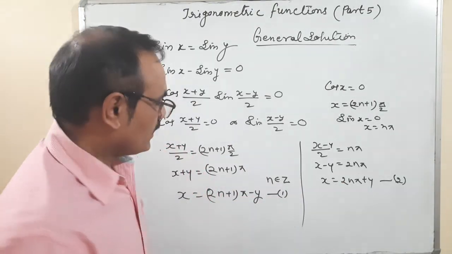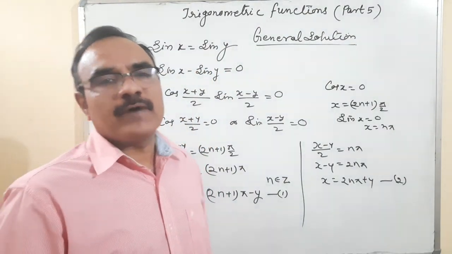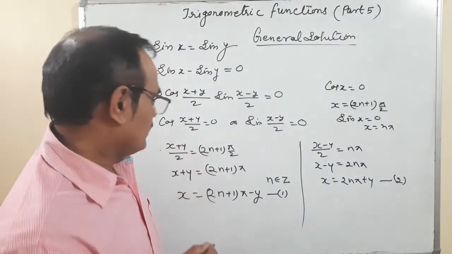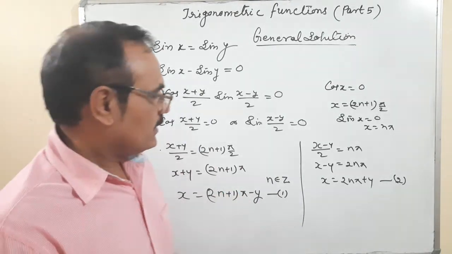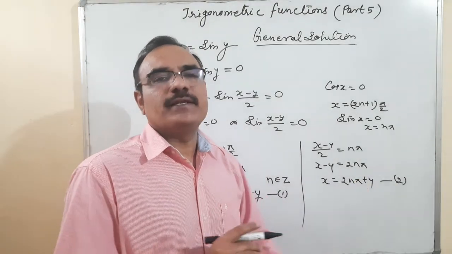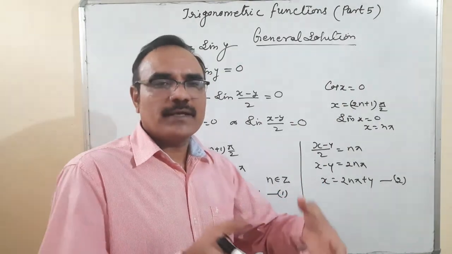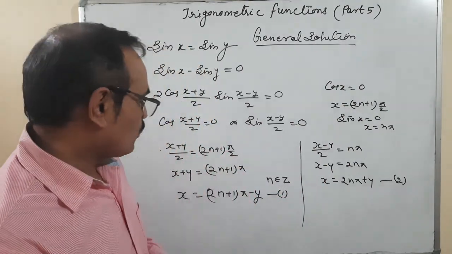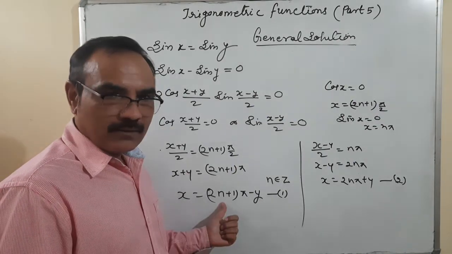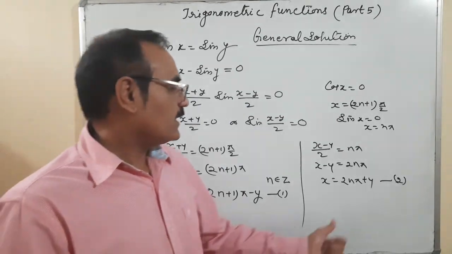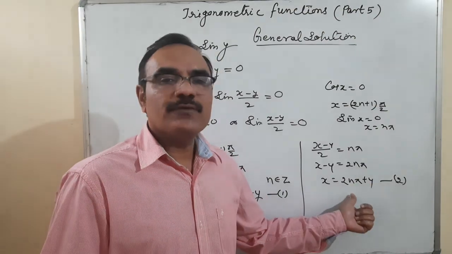But there is a problem. Here y is negative and here y is positive. So how do we determine the sign of y? We determine it on the basis that y is negative with odd integers and y is positive with even integers. What is the meaning of this? When we combine both equations 1 and 2, the conclusion is that the value of y will be negative with odd integers and y is positive with even integers.